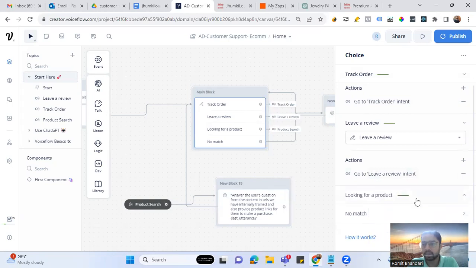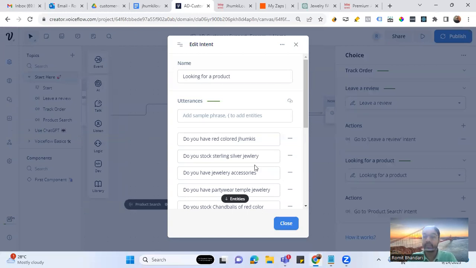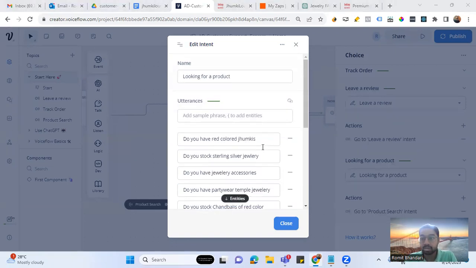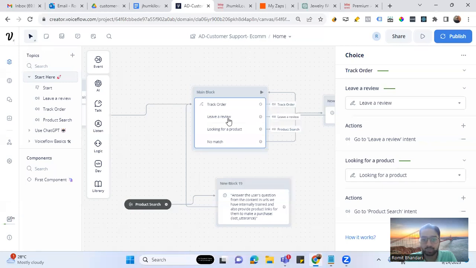So maybe he knows that this particular website is for jewelry and accessories, and what he may want to do is ask specific questions, like do you stock red colored oxidized jewelry or red colored oxidized earrings. So when he's trying to look for a particular product, we have given utterances based on that as well. Okay, so based on the question, either of the 3 utterances can satisfy,